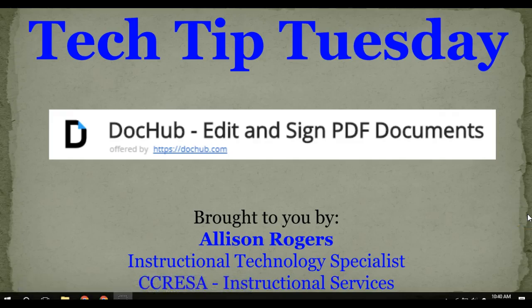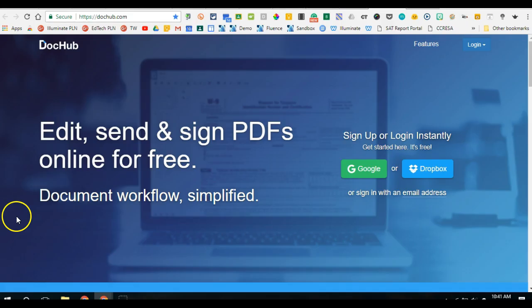I'm Allison Rogers, Instructional Technology Specialist here at RISA, and today's Tech Tip Tuesday is going to focus on DocHub, a tool that allows you to edit, sign, and annotate PDFs. To start, go to DocHub.com and then just simply sign in with Google,